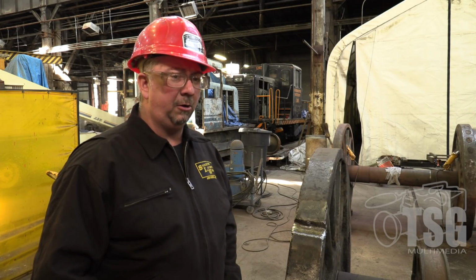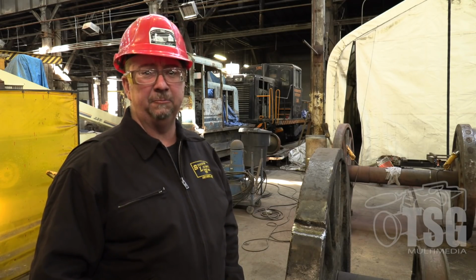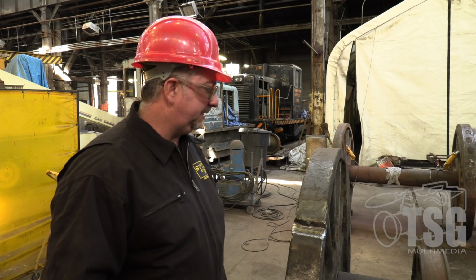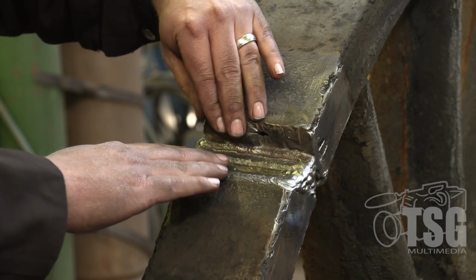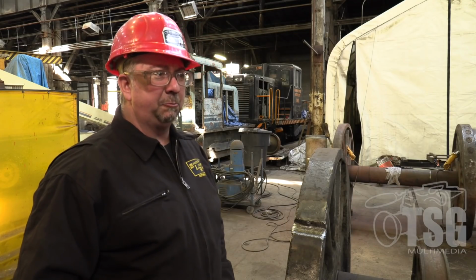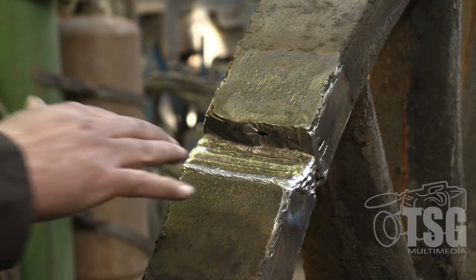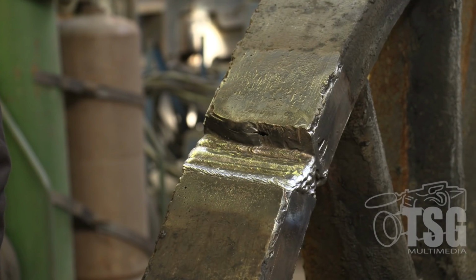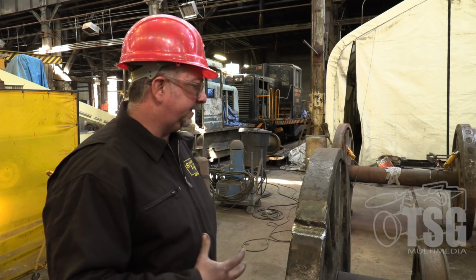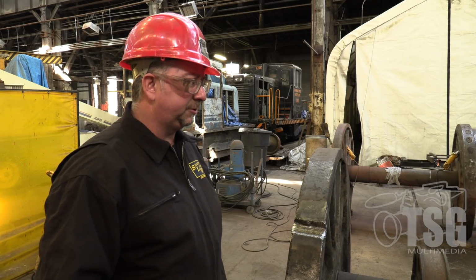And so all that material that they had deposited via electric welding had to be removed before new welding could be undertaken. So there's a reason why you see such a wide area opened up in this, because that's where the contaminated material was. We are using modern electrode to be able to do the filler metal with adequate preheat and post-heat to make sure that there isn't any shocking going on to the metal or extra stress put on